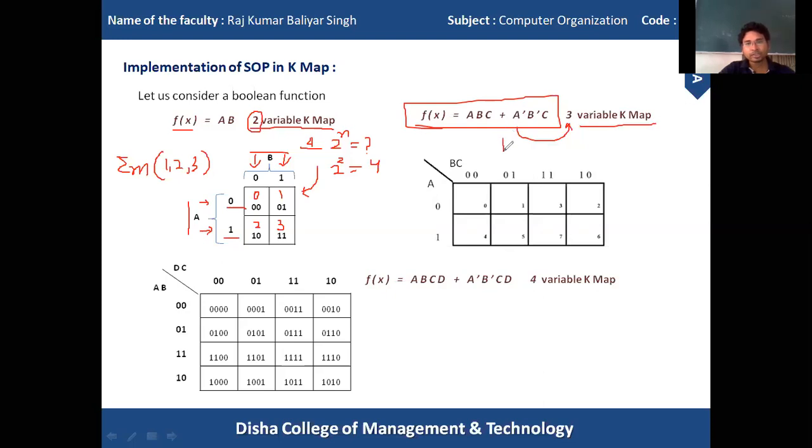So this is the example of the 3 variable K-map. Just using this formula, 2 to the 3 equals 8.